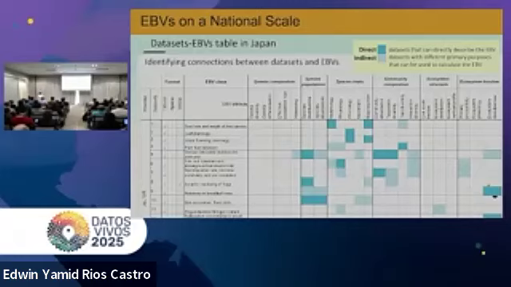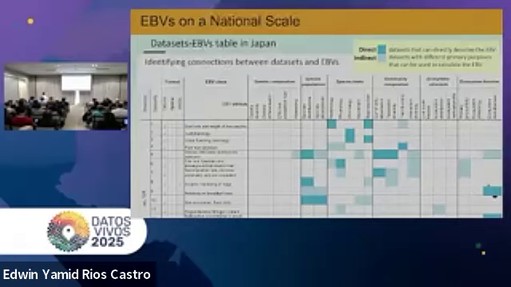First we reviewed our data sets and portals related to nature conservation and biodiversity monitoring in Japan and Finland. Then we summarized which data sets can be used for EBVs. Here is an example of the table. The dark blue cells indicate that a data set can directly contribute to an EBV.